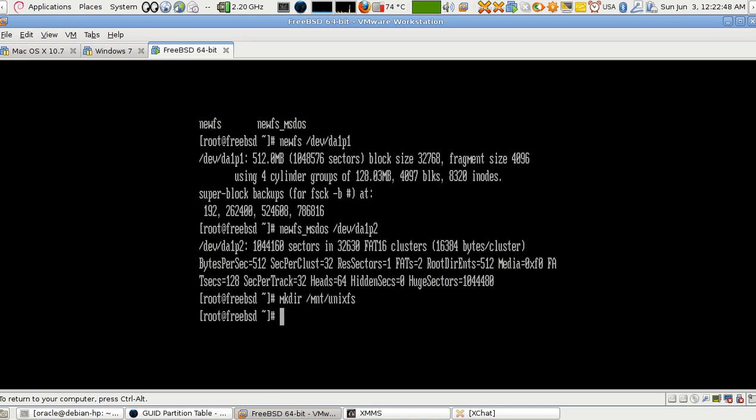So I create this folder. I want to read the contents of da1p1. If I want to use any partition, I must use a folder from which I can access the contents of this drive. So if I want to read this partition, I have to attach it to a folder. This kind of attachment has a name. It's called